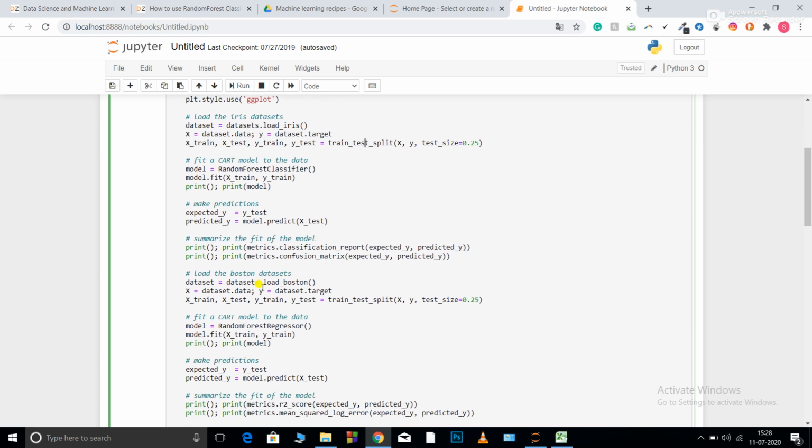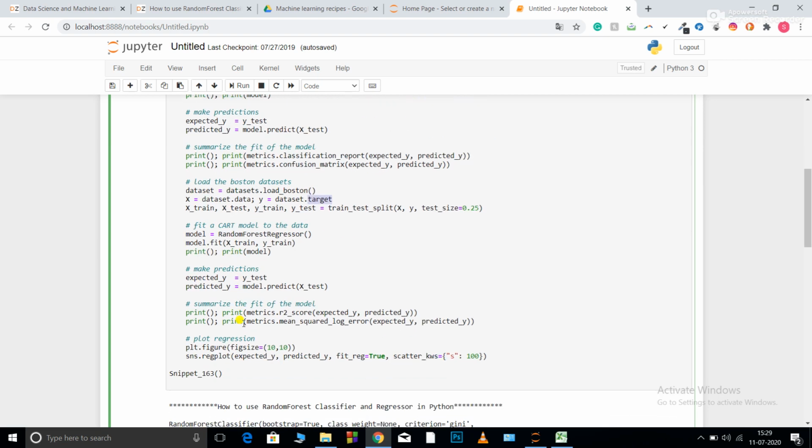Now for regression type datasets, I'm using the Boston dataset. I would use this for a regression type dataset, as it is a regression problem. Now all the basic code is going to be the same. I have done the same thing of splitting the feature matrix and the target matrix, and for train test split I've again done the same thing. Now model is equal to RandomForestRegressor. So I initialized my model. The only change between that code and this code is the model that I have used and the dataset. And one more thing, the metrics that I am using are also going to change. So I am using the R2 metric and the mean squared log error metric.